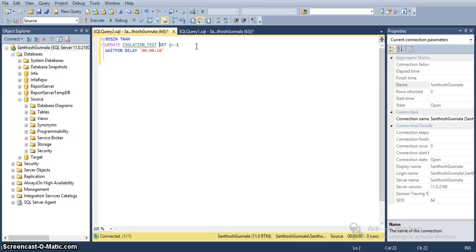I apply another wait for delay and commit the transaction.